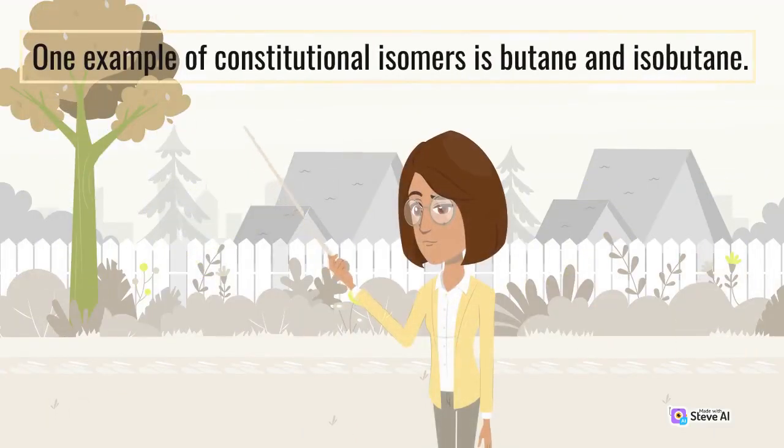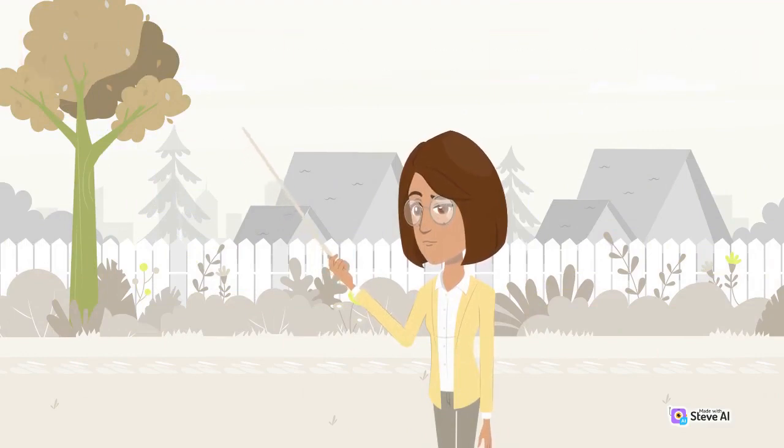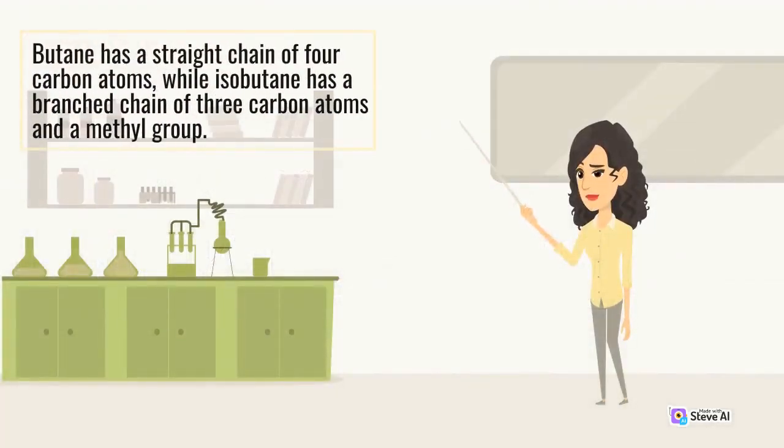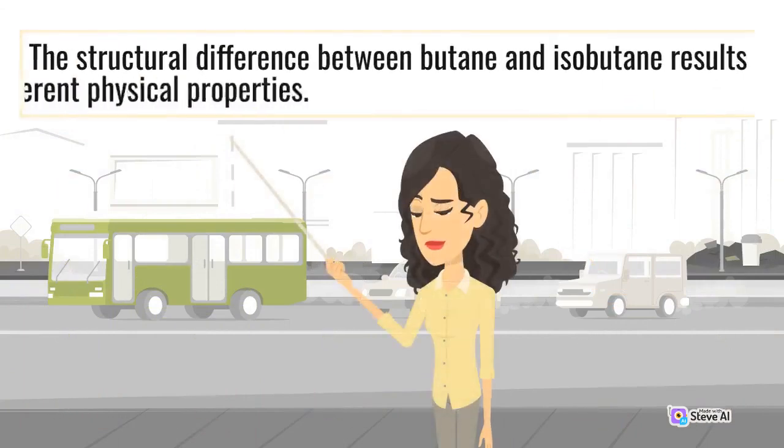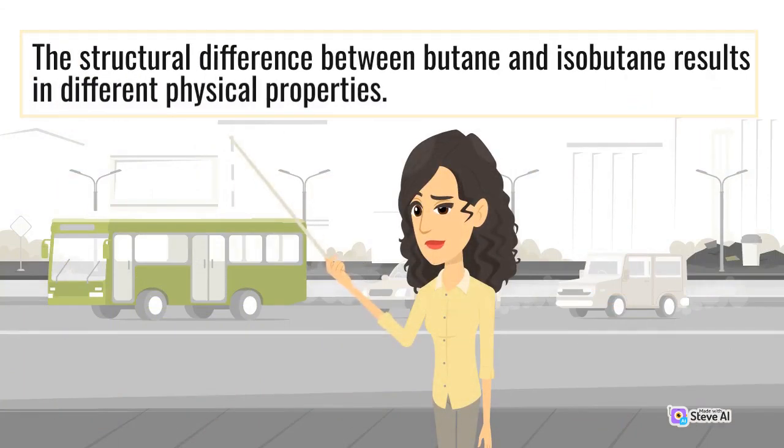One example of constitutional isomers is butane and isobutane. Butane has a straight chain of 4 carbon atoms, while isobutane has a branched chain of 3 carbon atoms and a methyl group. The structural difference between butane and isobutane